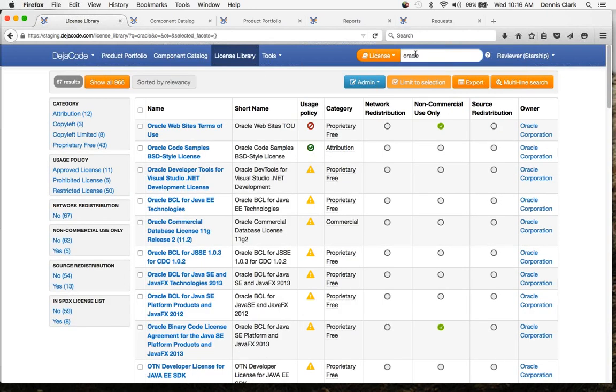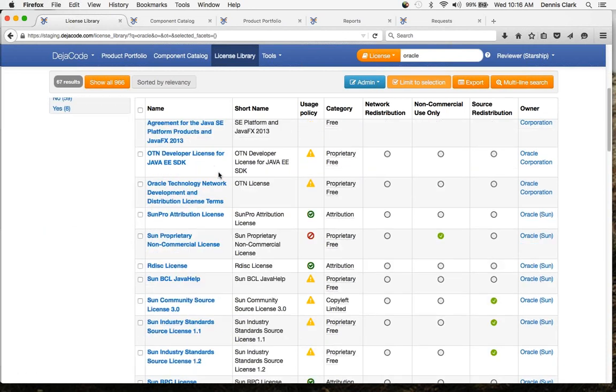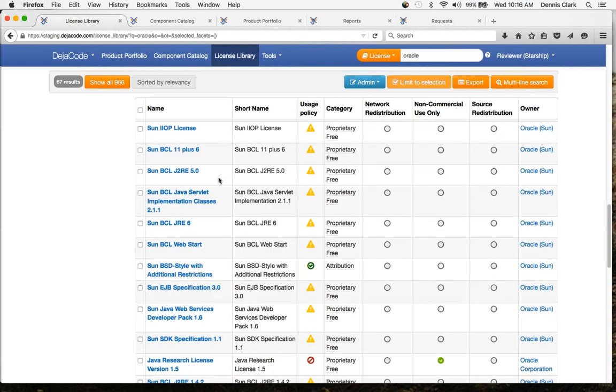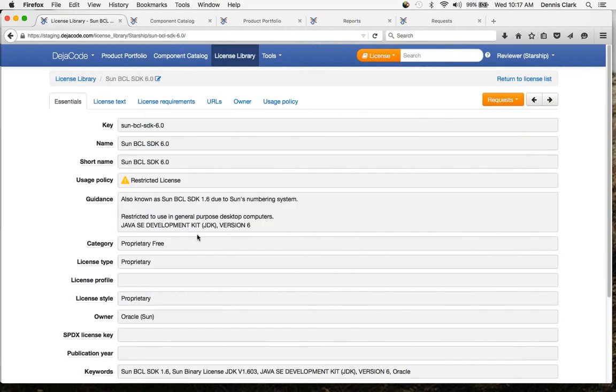So, as you might expect, quite a few of the licenses that are associated with Oracle software require some kind of review. And there are a number of reasons for that. Some of them simply might not work for you at all. And some of them might have restrictions that you want to make sure that your developers know about. We, in our auditing practice, frequently run across software from the SDK that was originally produced by Sun and now, of course, is owned by Oracle. So, for example, if we were to take a look at this one,